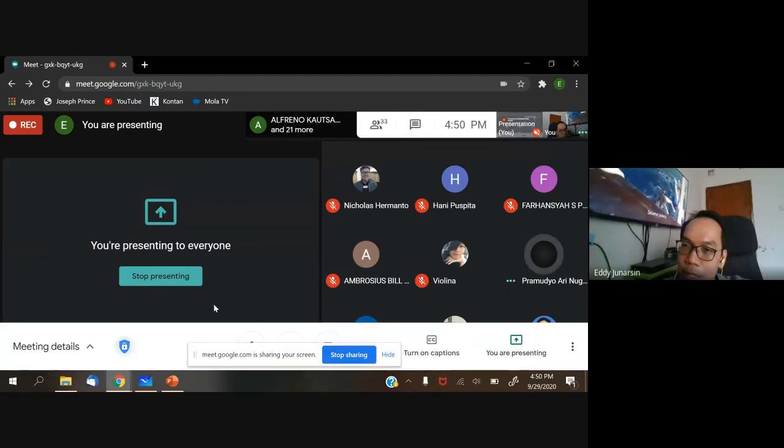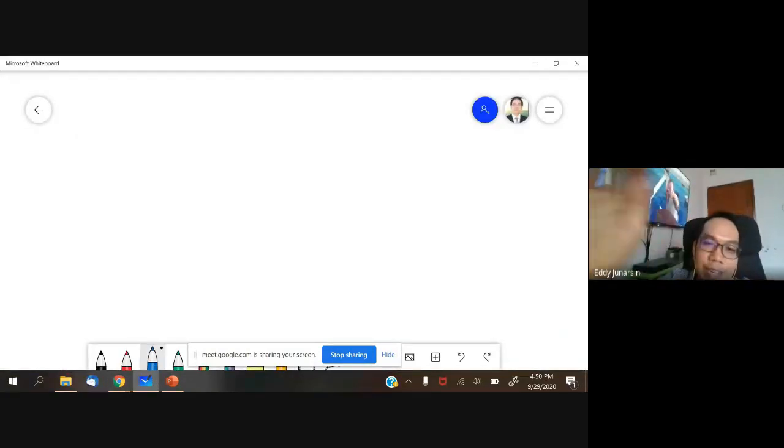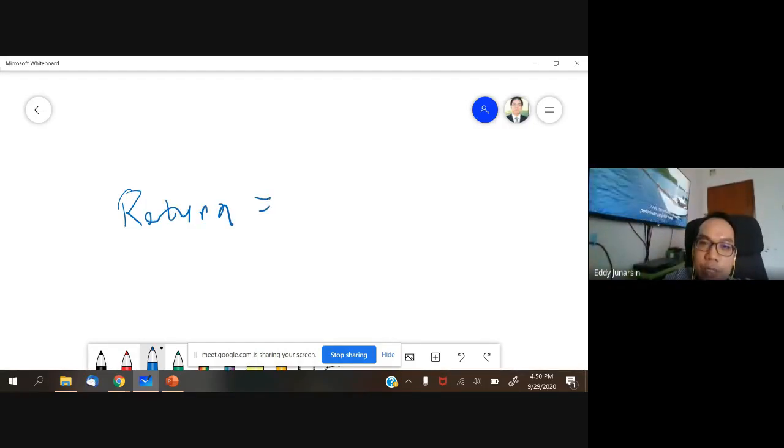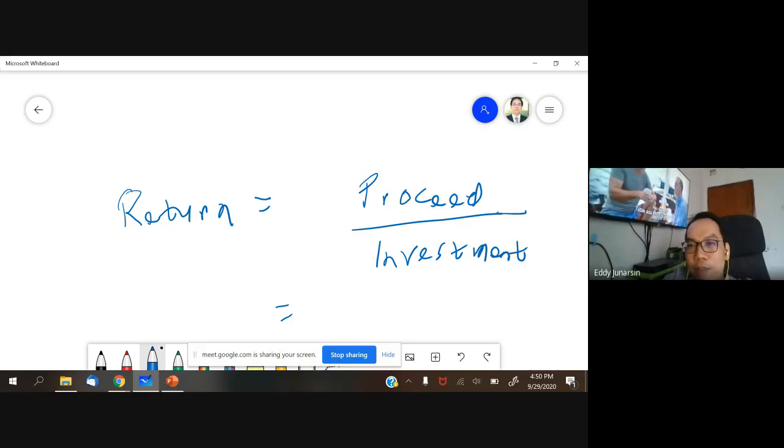Put your money in a bank. Bunga. What's English? Yeah, interest. Not flower, right? You mean interest, right? Yes, interest. Okay. So you see here, if we talk about return, this is always the ratio between your proceed, which means result, divided by investment. Very easy, right? So proceed could be anything. So Pramudio, in your case, you put your money in a time deposit, so you expect interest income. Interest income is the only compensation that you can expect from the time deposit.